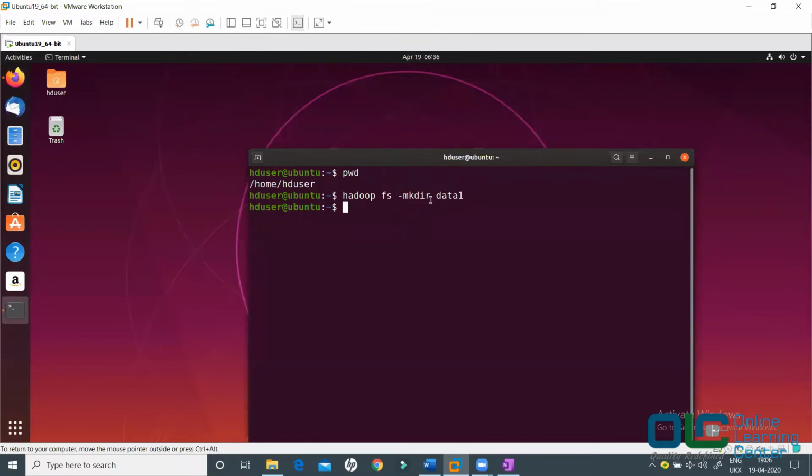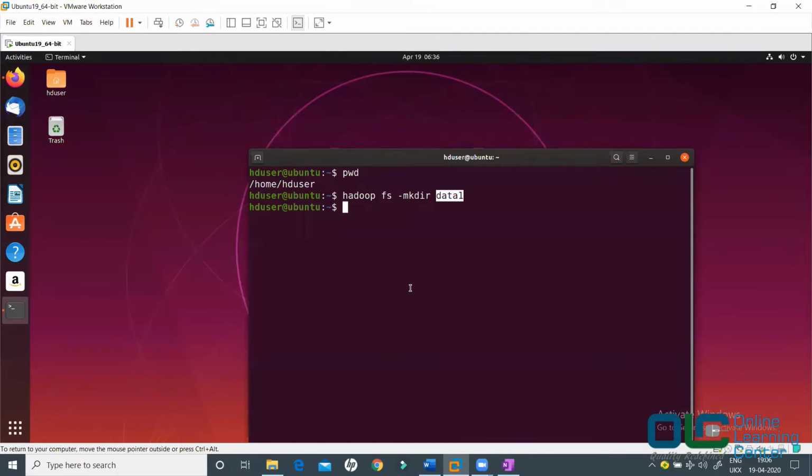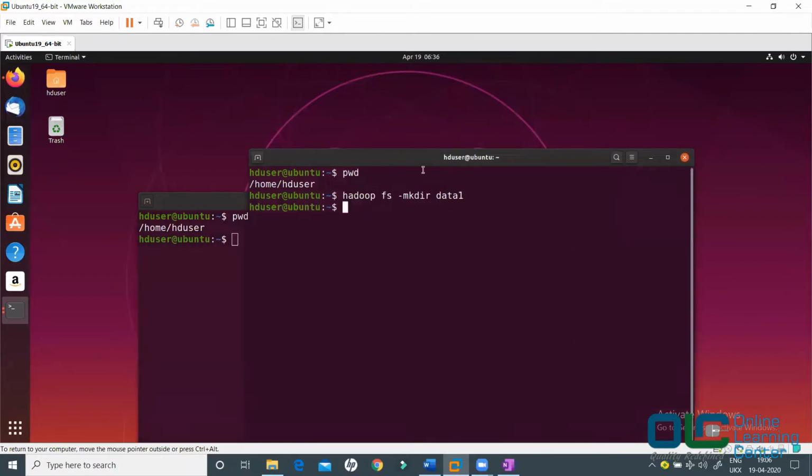But now you will have a question: where did it create the directory? This data1 folder, where was it created? As I told you, when you open a new terminal, what is the default location? /home/hduser. Similarly, whenever you are doing any operation on your Hadoop file system, HDFS, and you don't give the proper path, then by default it will treat that this folder would be present in the default location of the user.